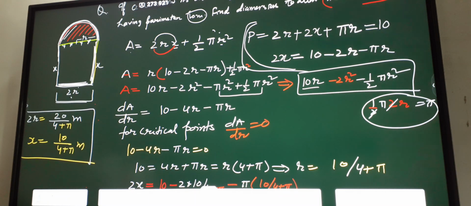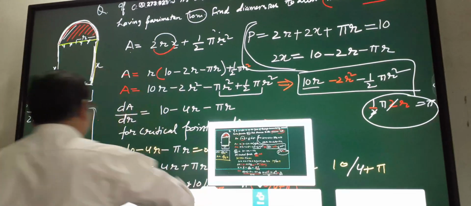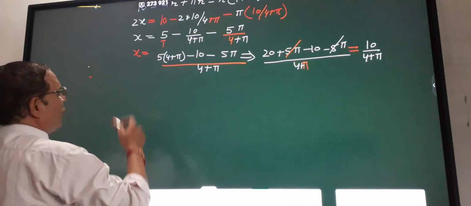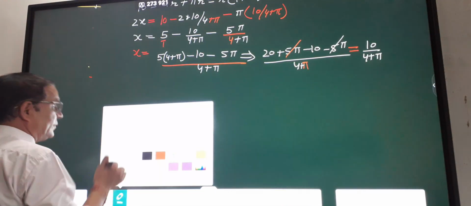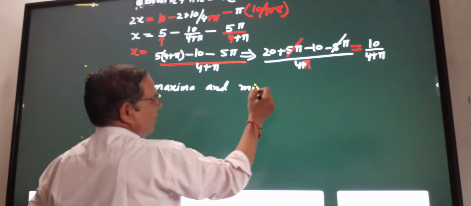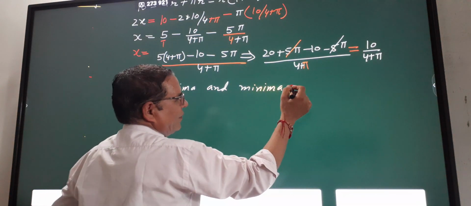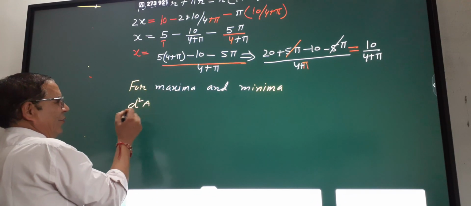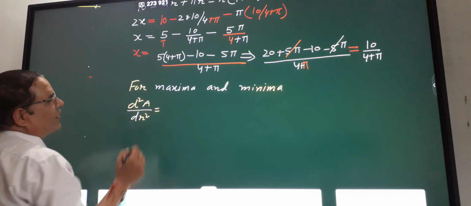We have to check if this area is maximum. So for maximum and minimum, what we will do? We will go for the double derivative. That is d2A upon dr square is equal to...